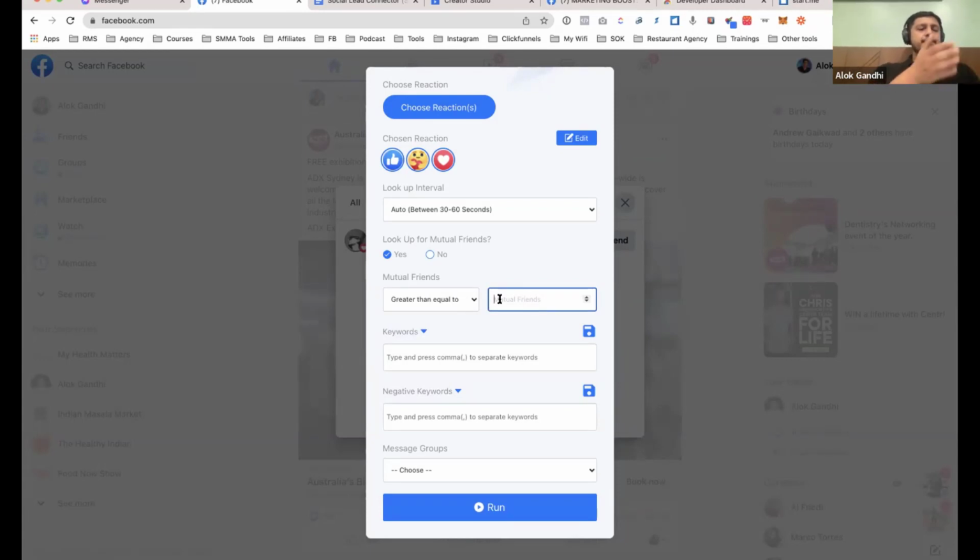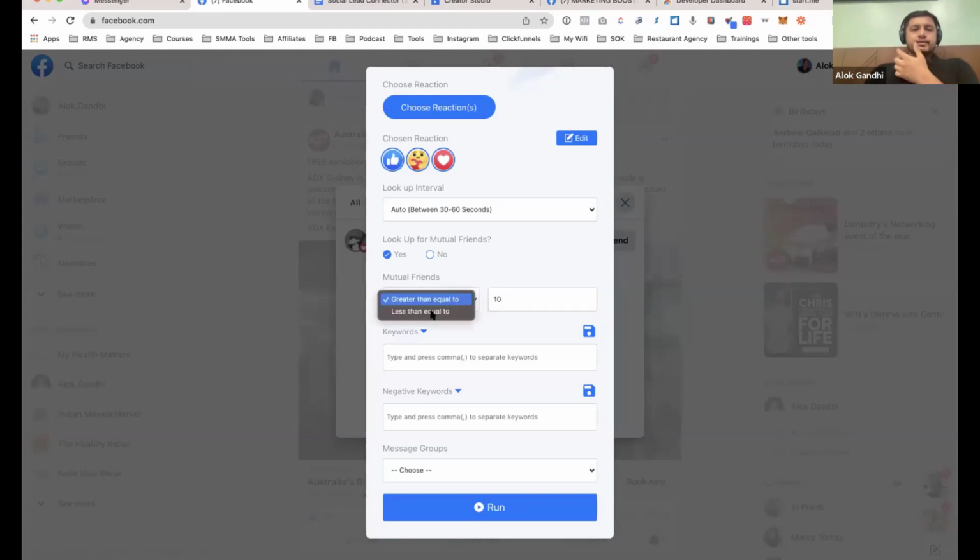Imagine if having 50 mutual friends means they're more highly likely to be very much into what I'm doing. If that person knows 50 of my friends, that means I may be interested in that person. But if there are 0 mutual friends, that's a very random stranger for me. I don't want to add that person. That's why this feature exists here. So I would say, let's say 10 friend requests, right? So you decide. I mean, it totally depends. You need to know who you're trying to add and all that, but this feature is built for that.